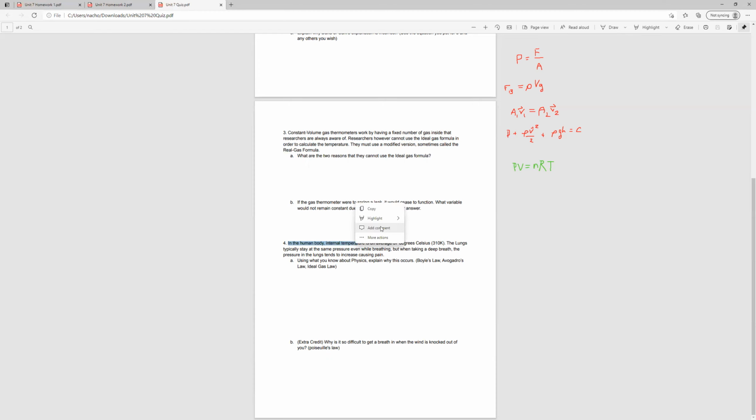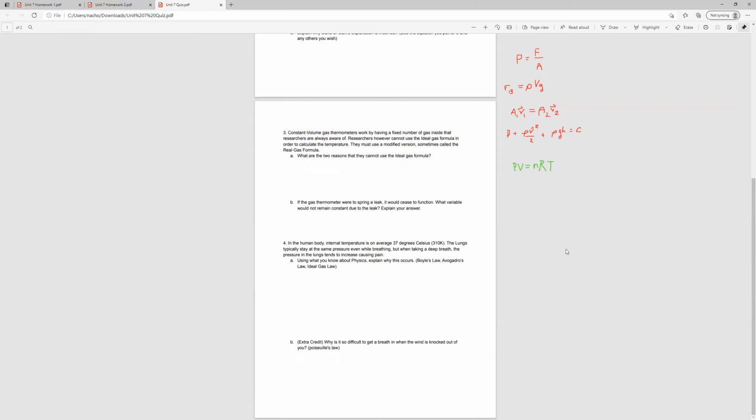In the human body, oh, no, another comment. Internal temperature is on average 37 degrees Celsius, right? The lungs typically stay at the same pressure even while breathing, but taking a deep breath in, the pressure in the lungs tends to increase, causing pain. Why does this occur? If you try it yourself and just take a really deep breath right now and then try to hold it in with as much air as possible, you'll start feeling that little tugging feeling